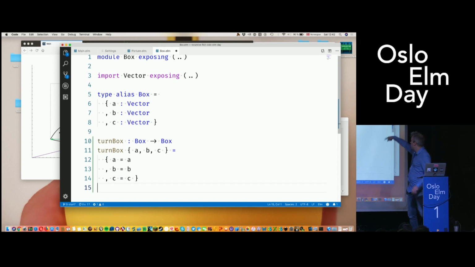And a box is just these three vectors. So I pull the box apart, and then I'm essentially going to do what I did by hand earlier on. I'm going to manipulate the A vector, which is where the first arrow points to. And I'm going to change this so that my new B vector is going to be the old C vector. And this is going to,